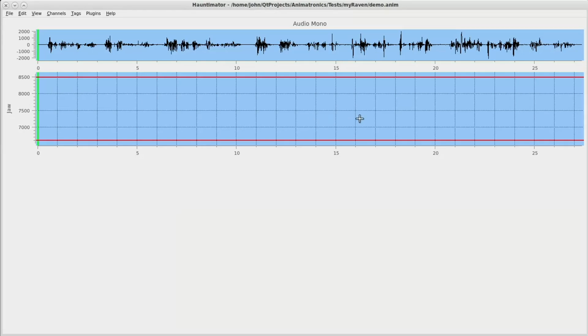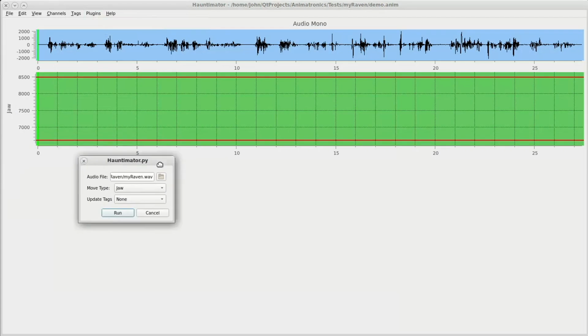We're going to name it Jaw. And it's going to have a range of values that match the opening and closing range of the mouth on the skull. The servo doesn't go all the way, it only goes part way, so we've specified specific limits just for that. Alright, we'll select the channel, and we'll go to Plugins, Phonemes, create a phoneme channel, and a small